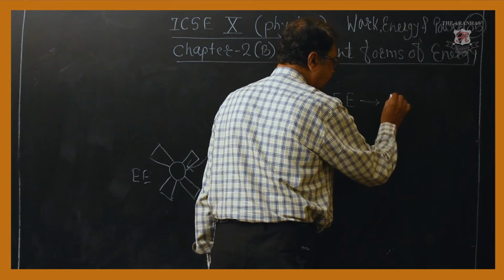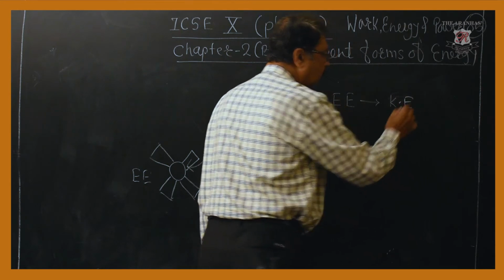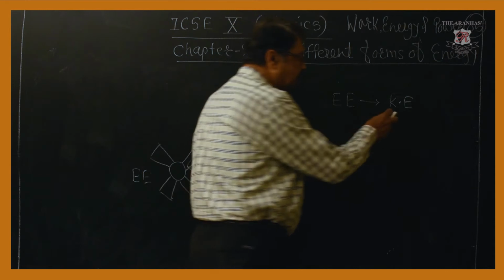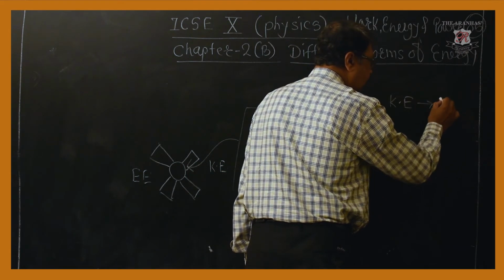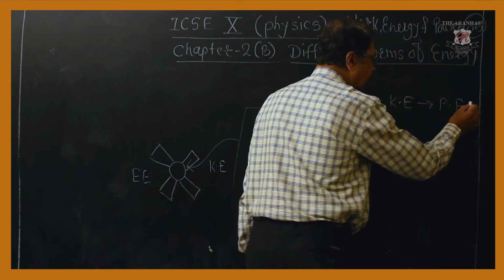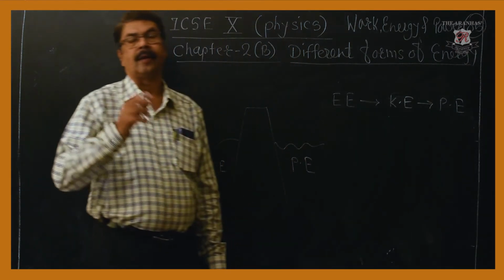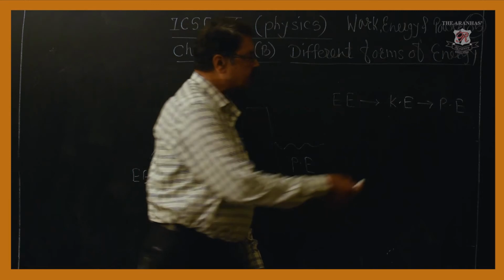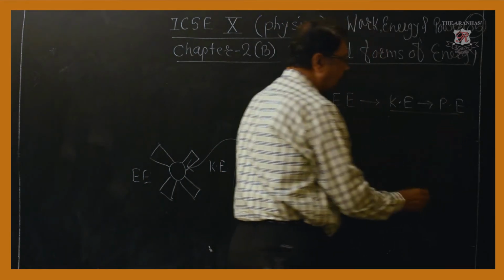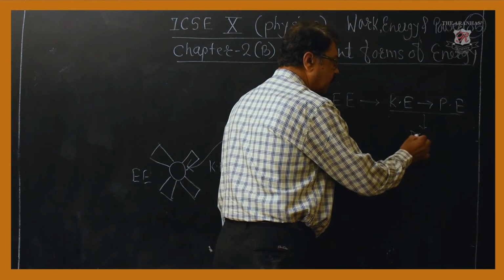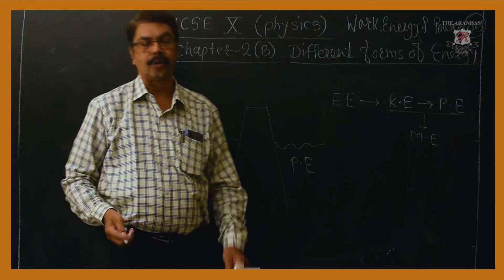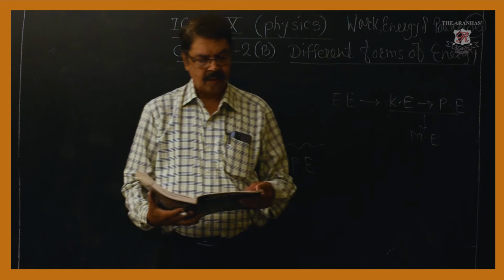Okay, you can say that first it is converted to kinetic energy of the water, because water starts flowing, it starts moving. After the water reaches the terrace tank, it is stored there, therefore it possesses potential energy there. These two are together called mechanical energies. Therefore, they have given this conversion, electrical energy to mechanical energy.